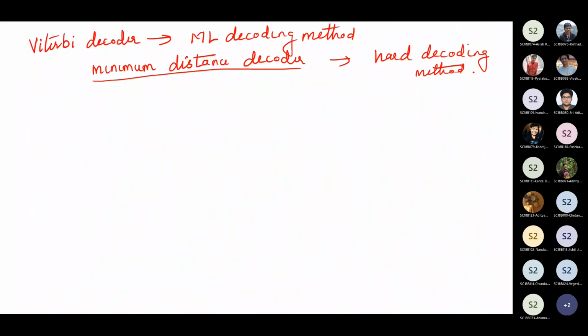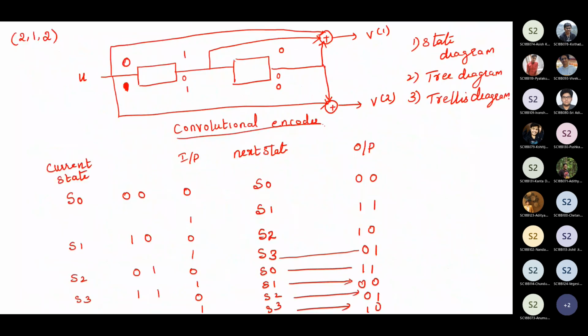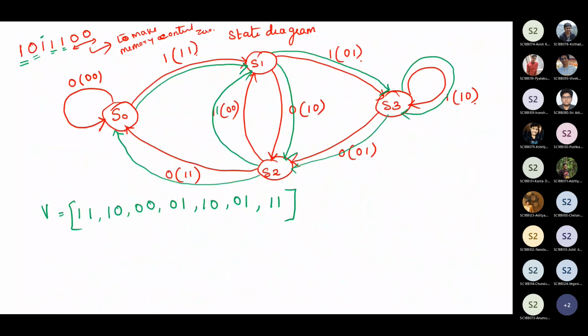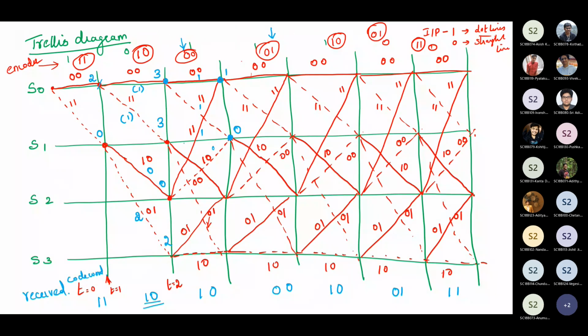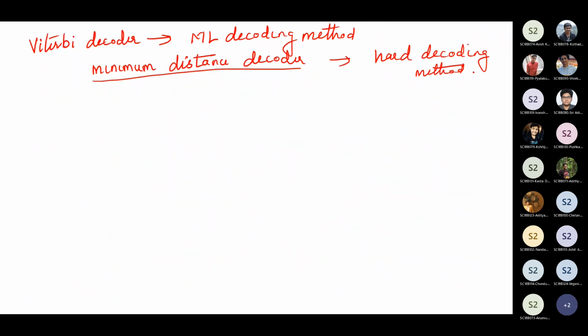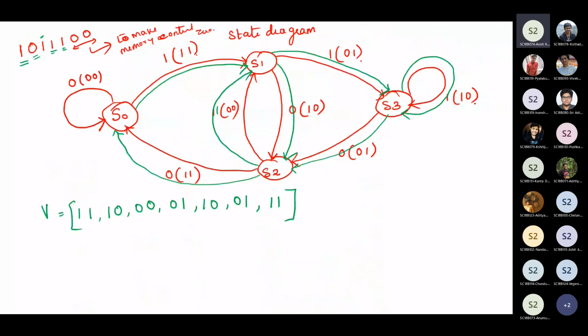S1, 2, S2, 1, 0. Next one is 0, 1, 1, 0. So this is 1, 0, so it is 0. From here to here, the value is 1, 0, 1. So here it is 2. So 3 plus 0. Correct, right? This is 1, 0, this line. Yes, 1, 1, 0.